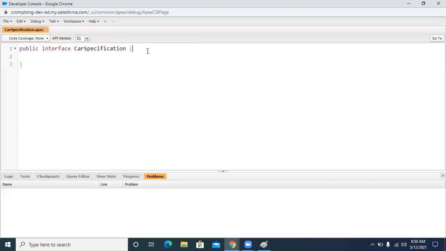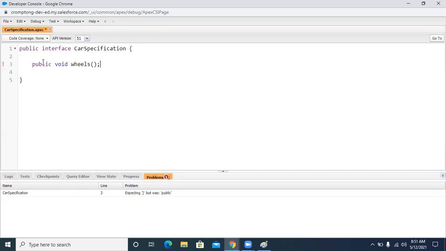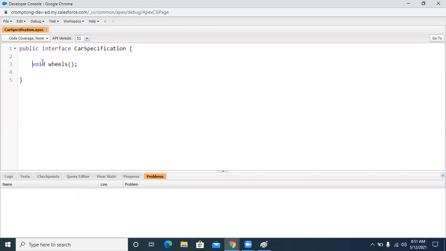An interface is always required only the rules and guidelines. The inventor of the car said a car must have wheels, right? No implementation. Let's save this one, whether it's saved or not. Okay, it is not saving because of public. Save. Yeah, it saved successfully. Similarly, they given other specifications like